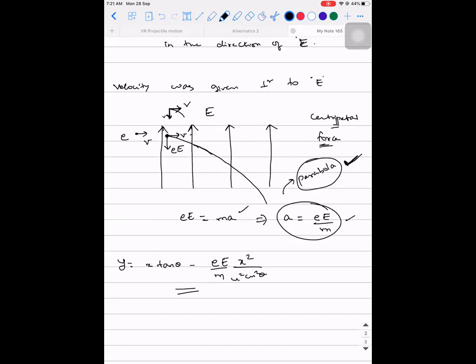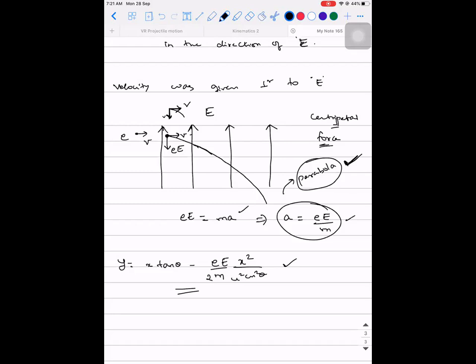Sir, will there be a 1 by 2? Yeah, there is a 2 here. Because in the back end, you will be applying the same equations of motion and you get this answer. Are you guys able to understand or not? Because questions can be framed under any field. They will not restrict it only to the gravitational field.